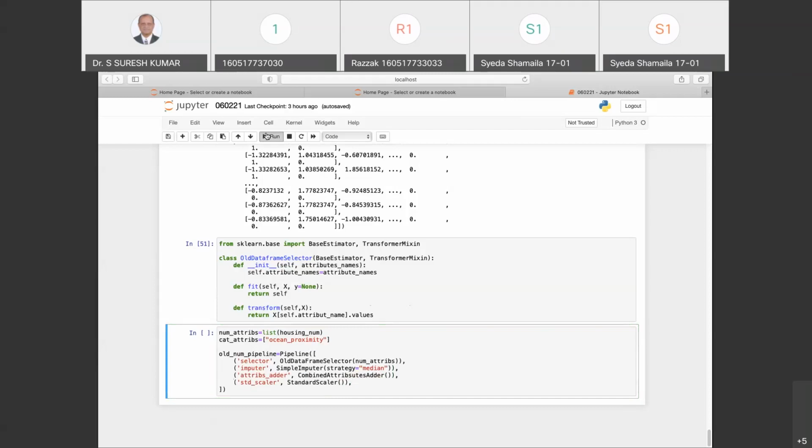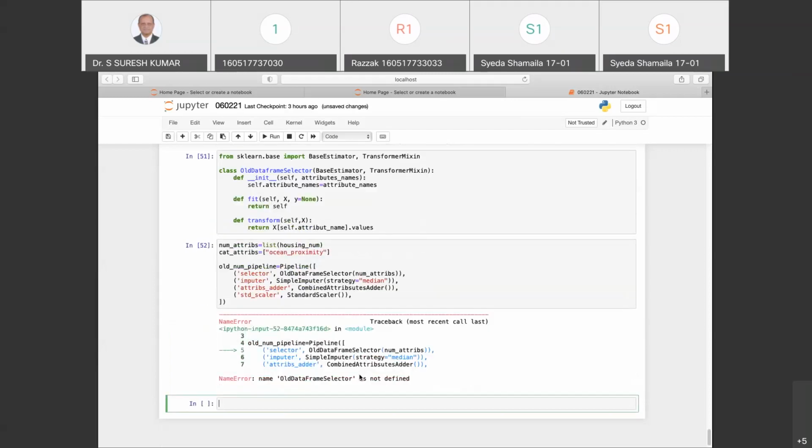Let me try this. Oh, the old data frame selector is not defined. Just a minute. Old data frame selector of numerical attributes. Old num pipeline is this.